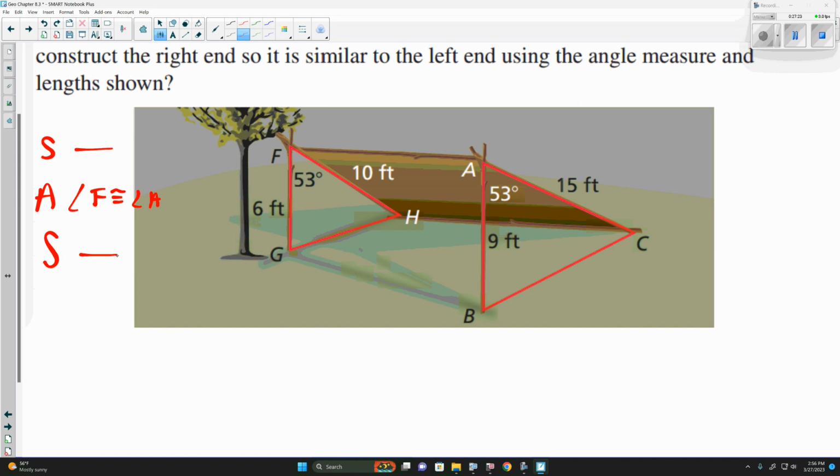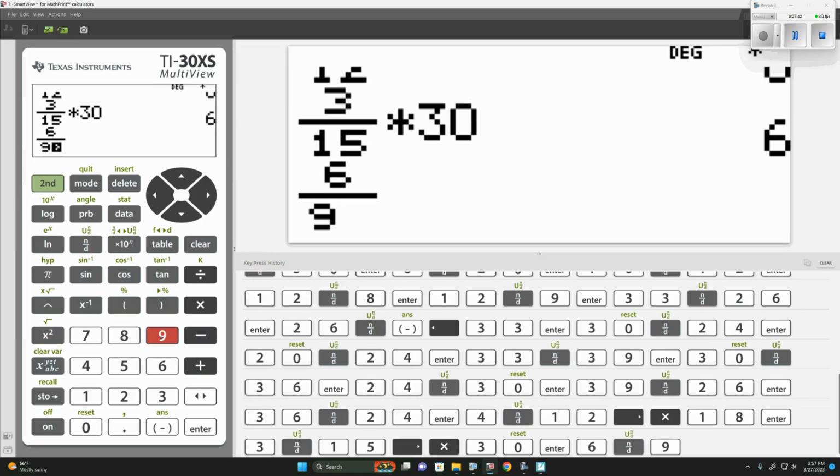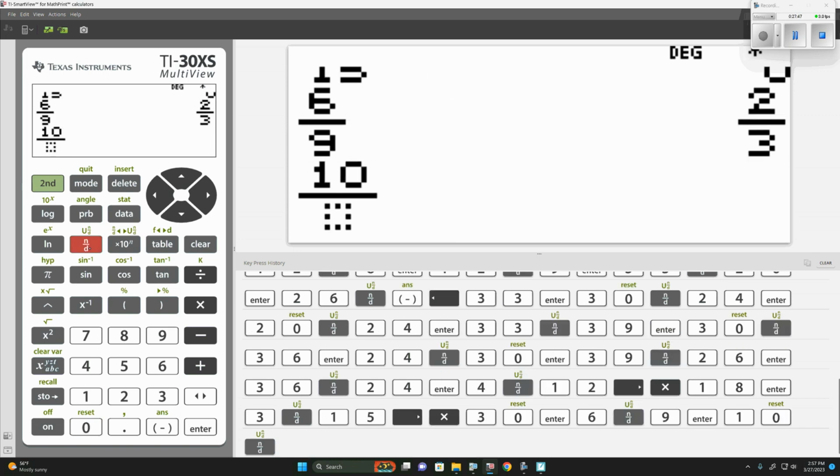Now for this one triangle, we have 6 and 10. So we would have 6 and 9, 10 and 15. Now we just need to reduce 6 over 9 and 10 over 15 to see if they are the same. 6 over 9 is 2/3. 10 over 15 is